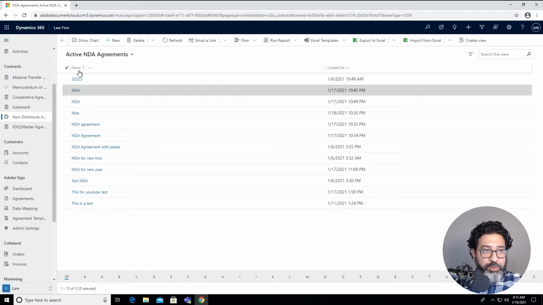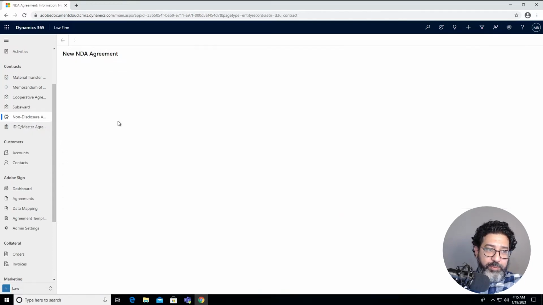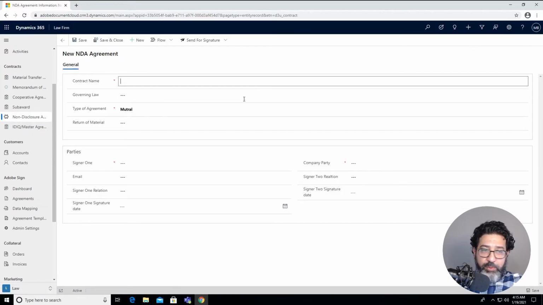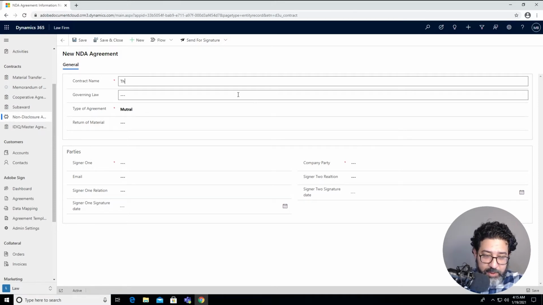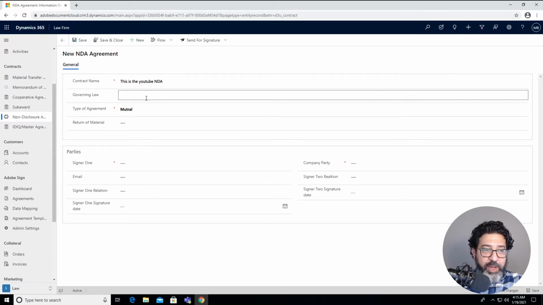And to continue to do this, I have to go to my entity, which is the non-disclosure agreement. I have to create a new one, and we should give it a name. This is the agreement of my agreement.